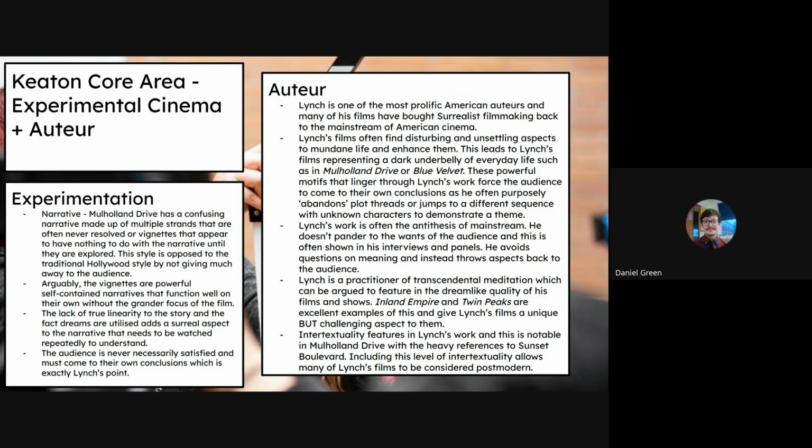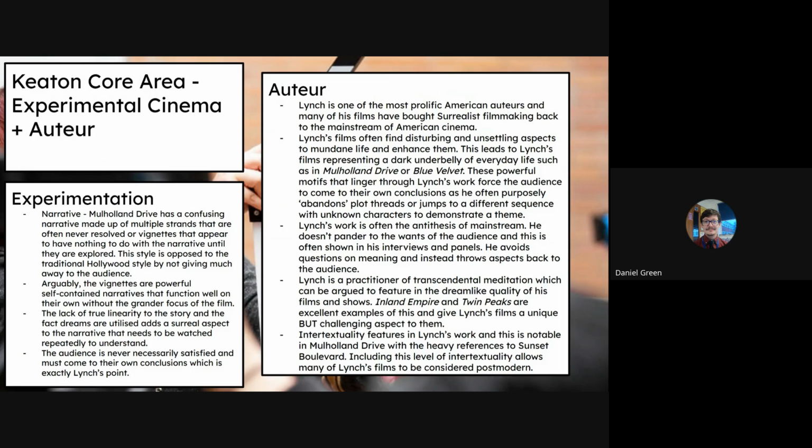So what I want you to think about when I go over this is Betty's story, Rita's story, and how that transfers to Diane's and Camilla's story, or even the story of Adam, and how those surrealist elements that appear in the dreamlike sequences also link to the surrealist elements that are in the out of dream sequences. Do they have their own distinct meanings? Do some of the motifs that are apparent in Lynch's work have deeper meanings later on, or have multiple meanings that you could draw upon? That is the beauty of the experimentative nature of Lynch's work.